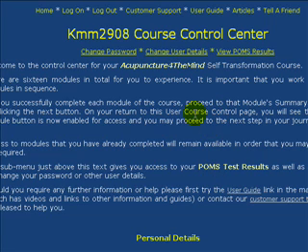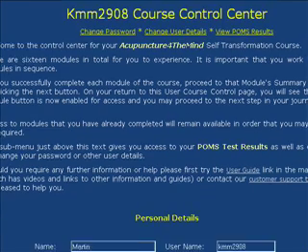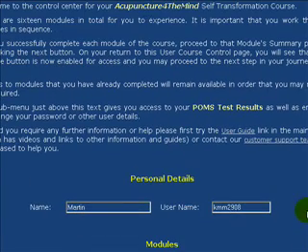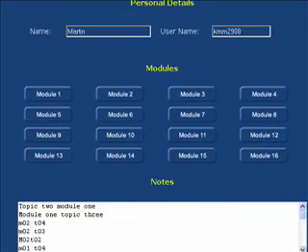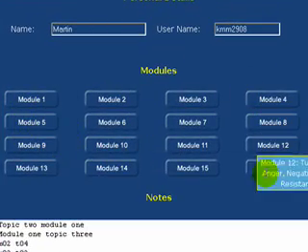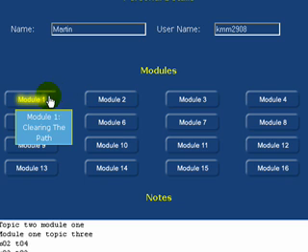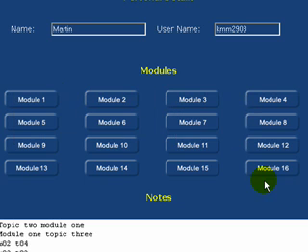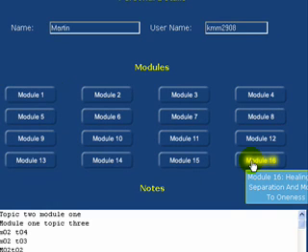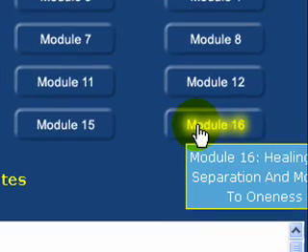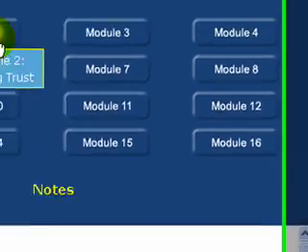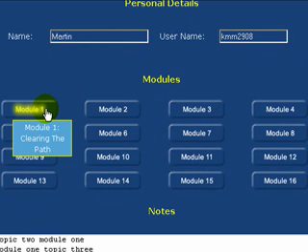Okay, once the Course Control Center page is loaded, we're then going to take a little look at accessing the modules. If you scroll down, you'll see the module access buttons. What you'll find initially is that on the initial registration, before you've gone onto the full course, only module 1 is enabled and the other module buttons are grayed out. You can still hover over to see what that particular module is about. Module 16, Healing Our Separation and Moving to Oneness,